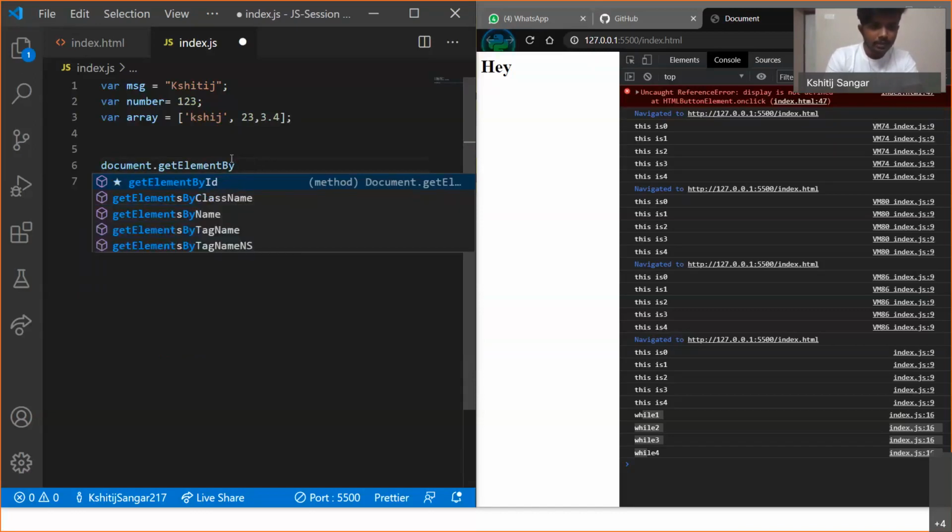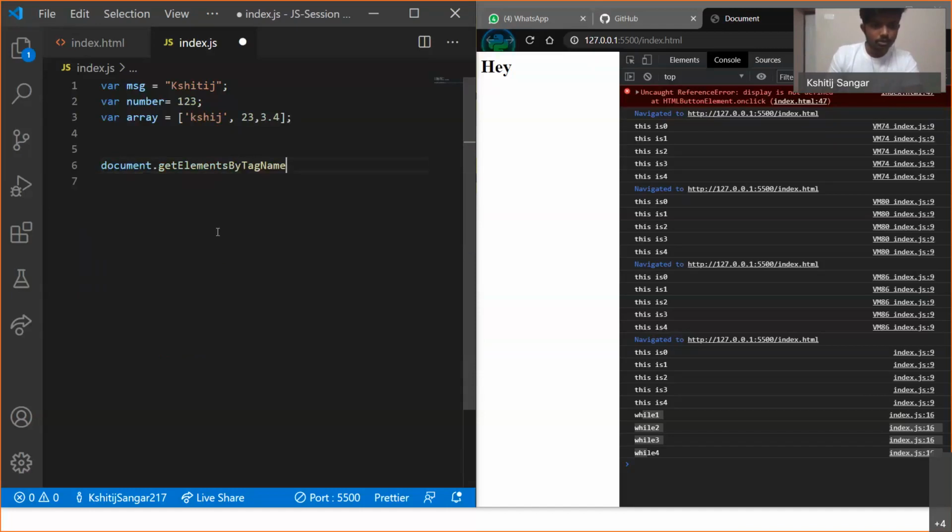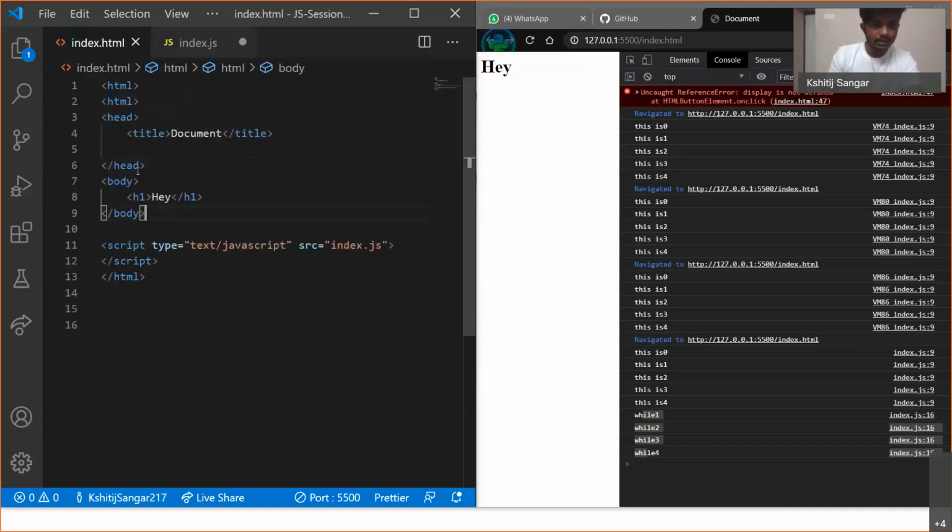You can get element by ID, get element by class name, get element by name, or get element by tag name. Whenever we pass any class name, you can add a class, this is first class, and you can add an ID like this, this is my ID.